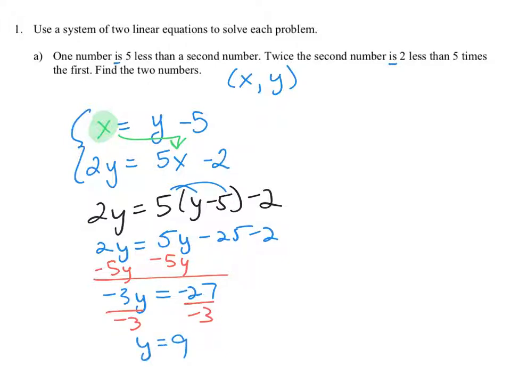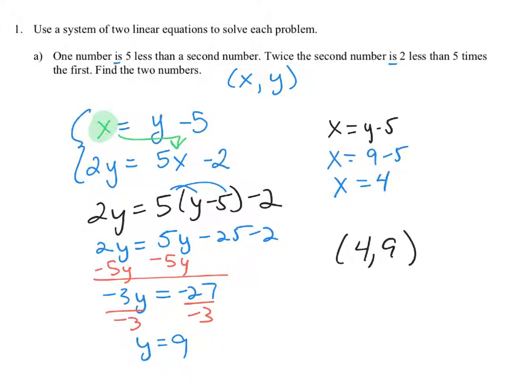So y is equal to 9, that means the second number is equal to 9. Now we're going to put this answer back into the first equation. Again, that first equation was x equals y minus 5, and we're going to replace the y with 9. So x is equal to 9 minus 5, so x is equal to 4. So our solution to this system of equations is (4, 9), so that the first number is 4, and the